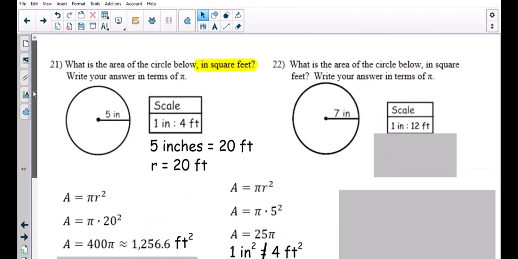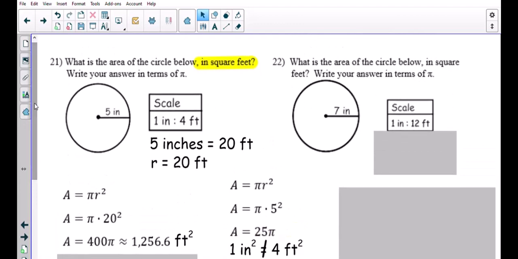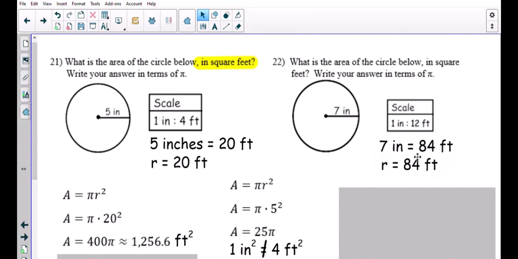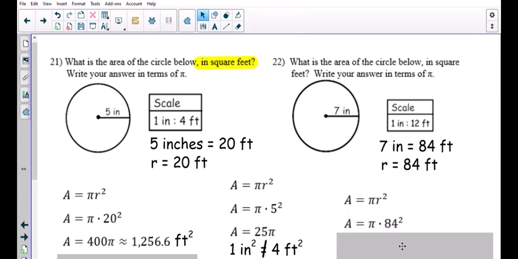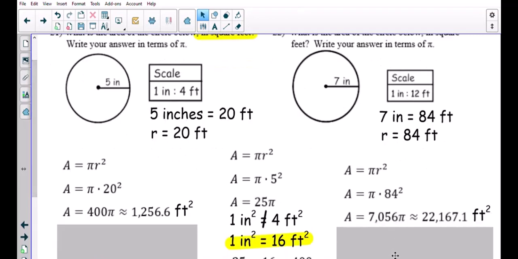All right, let's give number 22 a try. What is the area of the circle below in square feet? Write your answer in terms of pi. So the radius is 7 inches. I multiplied by 12 since 1 inch represents 12 feet to get 84 feet for my radius. So pi r squared is going to be pi times 84 squared, which is a pretty big number. 84 squared is 7,056. So I get an answer of 7,056 pi, or about